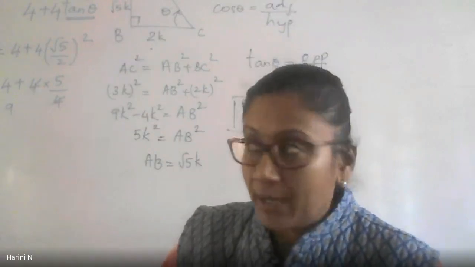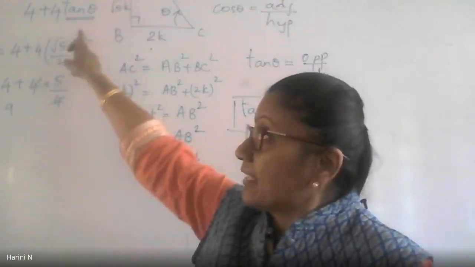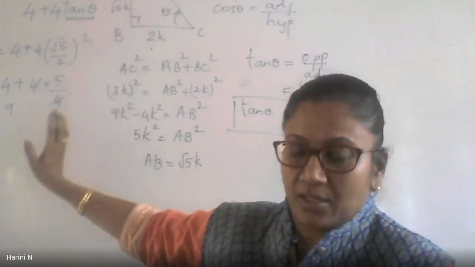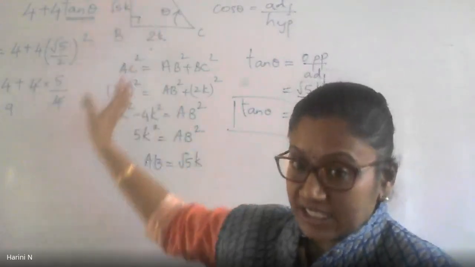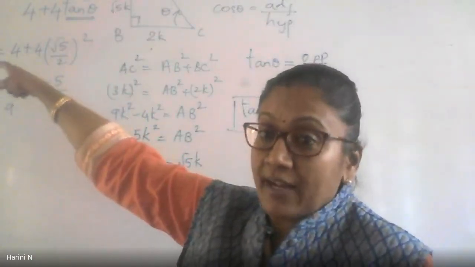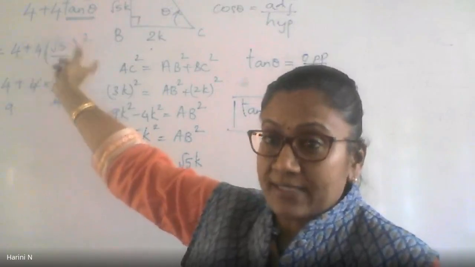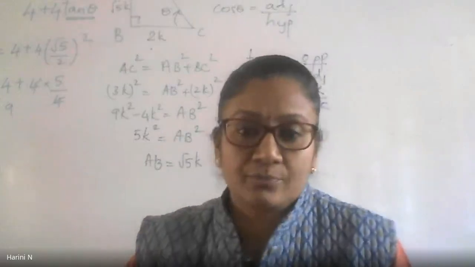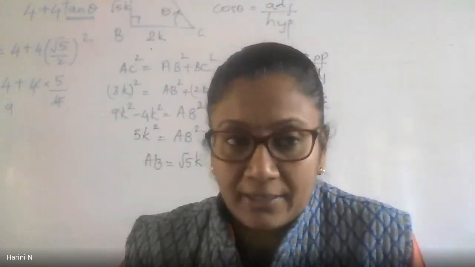But there is no harm. If you are able to identify, I'm seeing the identity there, very good. Go ahead. Maybe that will be a little less in steps. But you should know how to get that 1 plus tan square. 4 is a common factor in both the terms. So 4 times 1 plus tan square theta will become 4 times secant square theta. This you must know. All right? Good. Yes, ma'am. If you do it that way, I'm happy. But you should do it properly. Right?